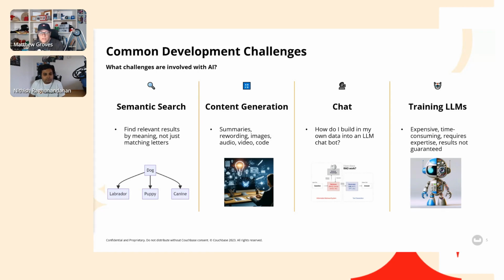Content generation, for certain use cases, being able to summarize text, reword text, translate, generate code, generate images, generate audio. This is a tool that we've seen a lot of that being used for as well. That, of course, you can, if you want to, just delegate to ChatGPT. It gives okay answers sometimes, but we've seen how that can go wrong.